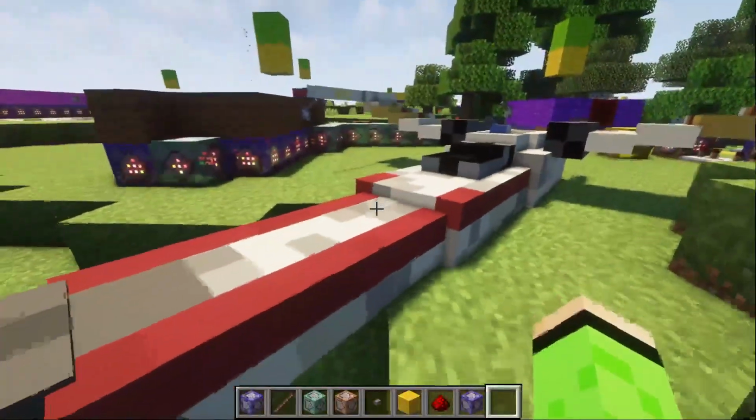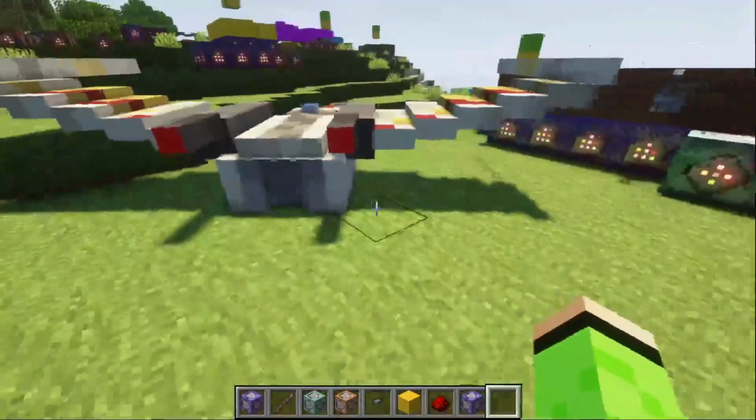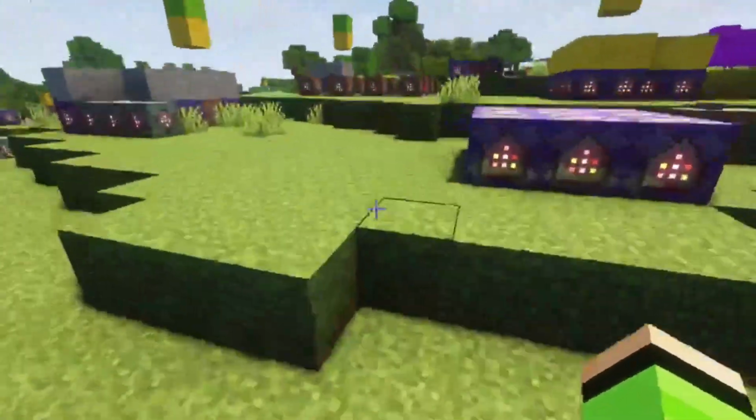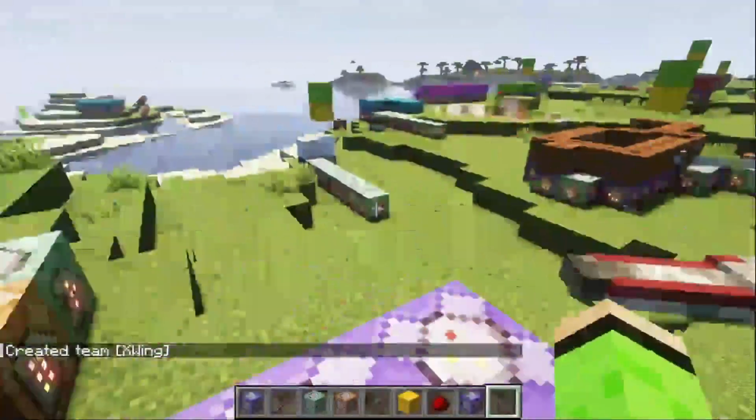Right click. Why can I not right click? Oh, it's because I'm actually right-clicking on the Phantom. It might be because I'm right-clicking on the Phantom. Well, in that case, I'm just going to add in the team x-wing, and then I'm going to add in the